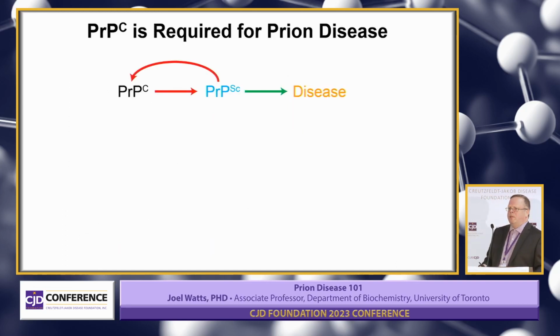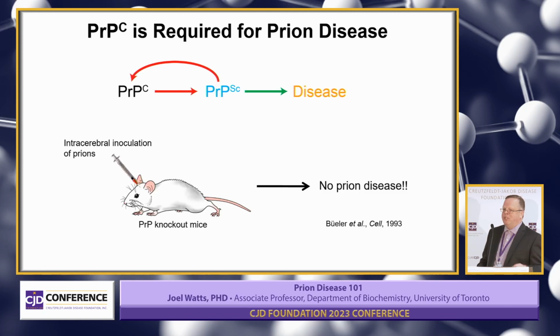So the prion protein, you have to have it or else you can't get prion disease. If you take mice that have been genetically engineered so they no longer produce PrPC, and you inject them with prions, they're fine. They live their normal 2-year lifespan. So you have to have PrPC. And this is one of the good therapeutic strategies for combating this disease, getting rid of the substrate. If you have no substrate, there's nothing to replicate, and you get no propagation of prions.